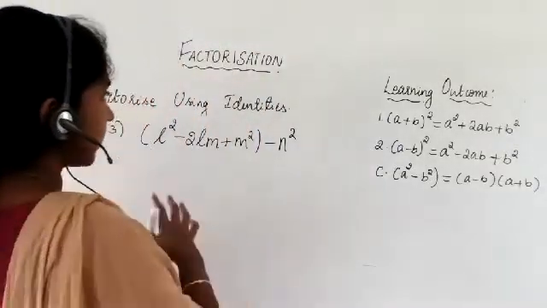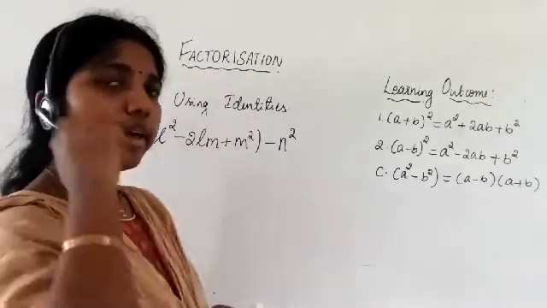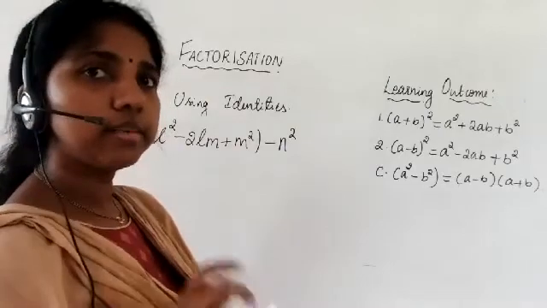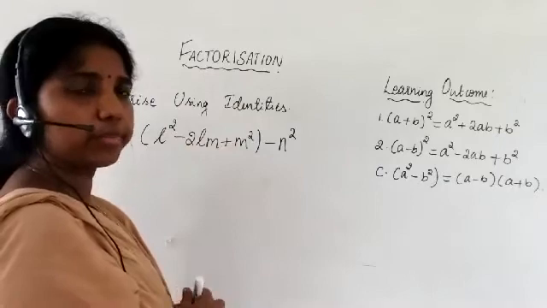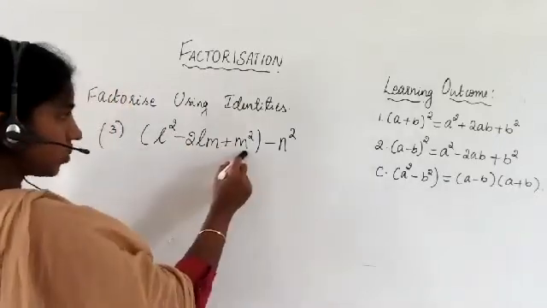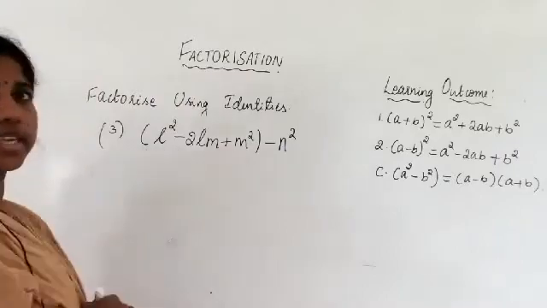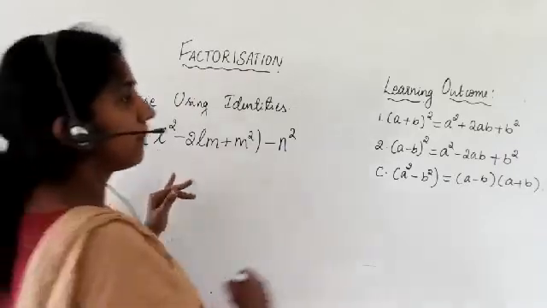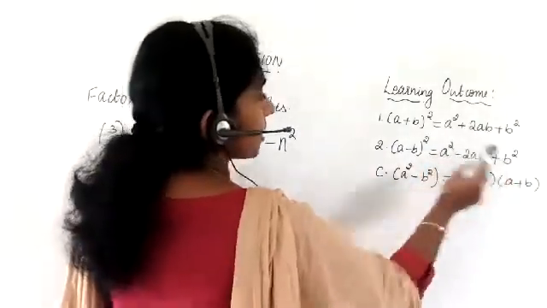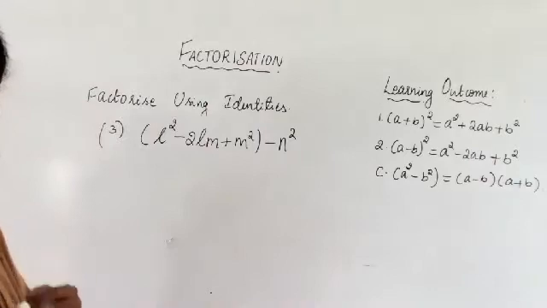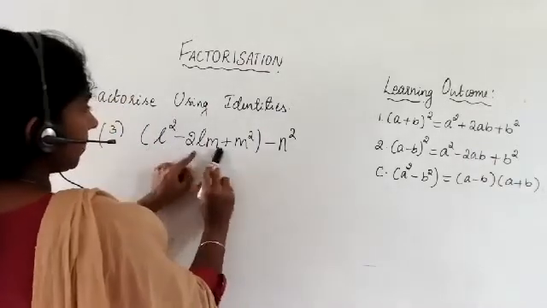Now we can see that they have given the first, second, third term in a bracket, right? They have considered it as one term together. Now look, by looking at this, can you compare this with any of the identities here? Yes, this can be compared with the second identity, a square minus 2ab plus b square. Now we will see whether we really have that 2ab form. So here l, here m, so in the middle we have l and m.